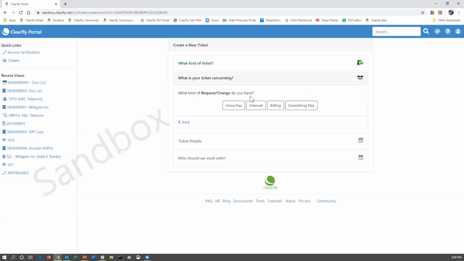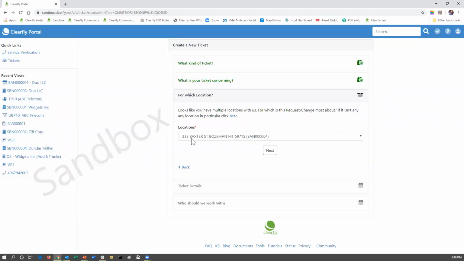What kind of request do you have? Fax request, an internet request, which really isn't something we do anymore. Is it a billing request or something else? So we're going to pick voice and fax. Again, it's going to ask you to verify the location. Since we went to the BAN itself to create the ticket,